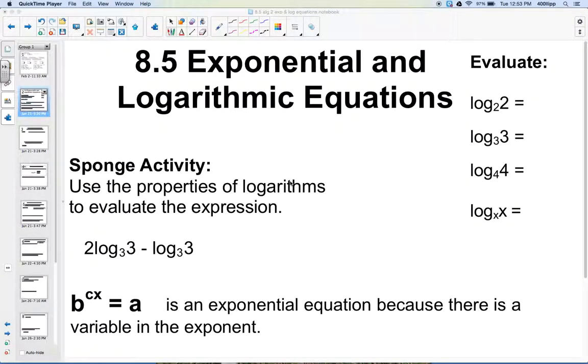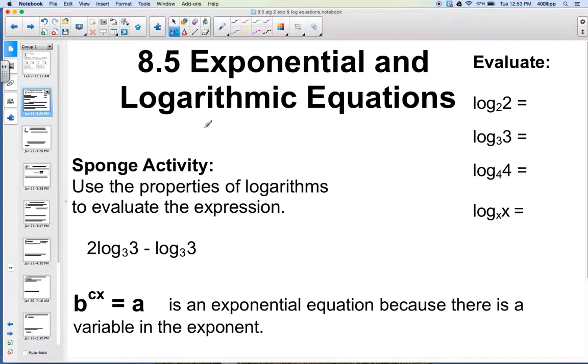Okay, today we're going over 8.5 exponential and logarithmic equations. So we're going to break this lesson up into two parts here. So we're first going to just remind ourselves how we can break this up as writing it from logarithmic form